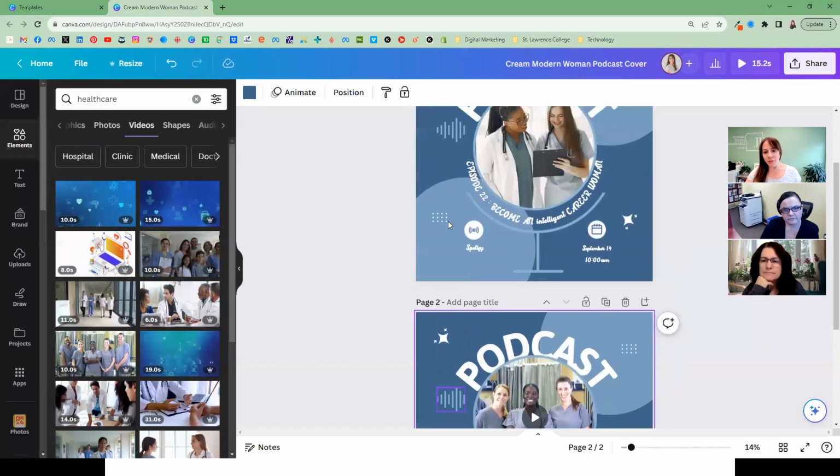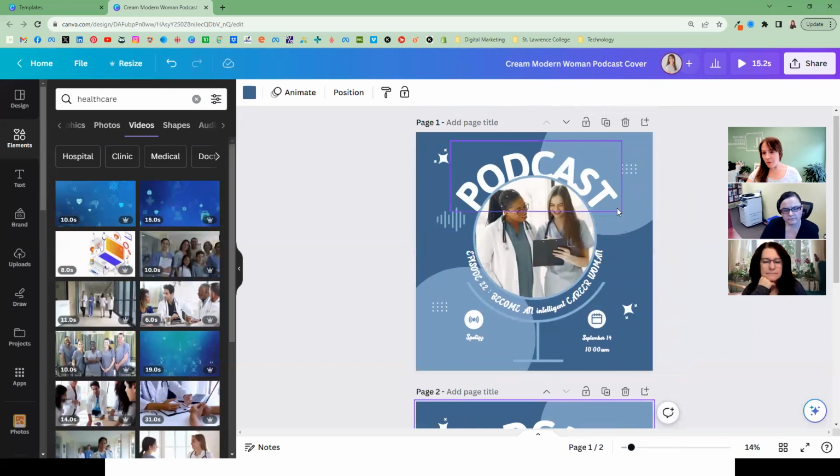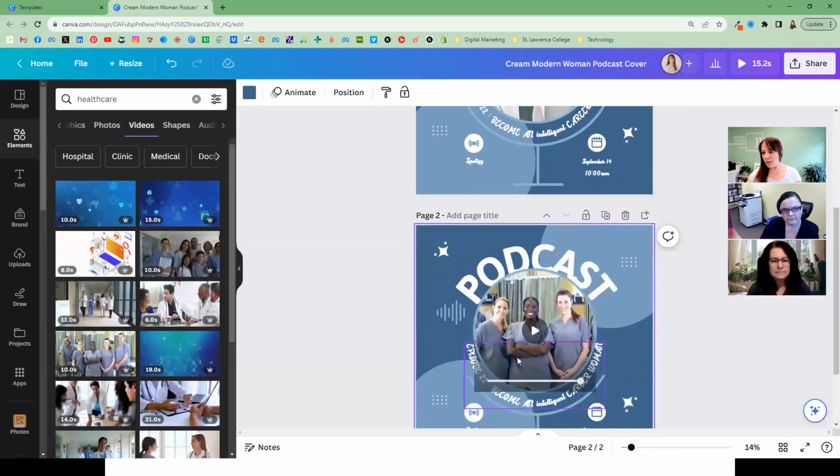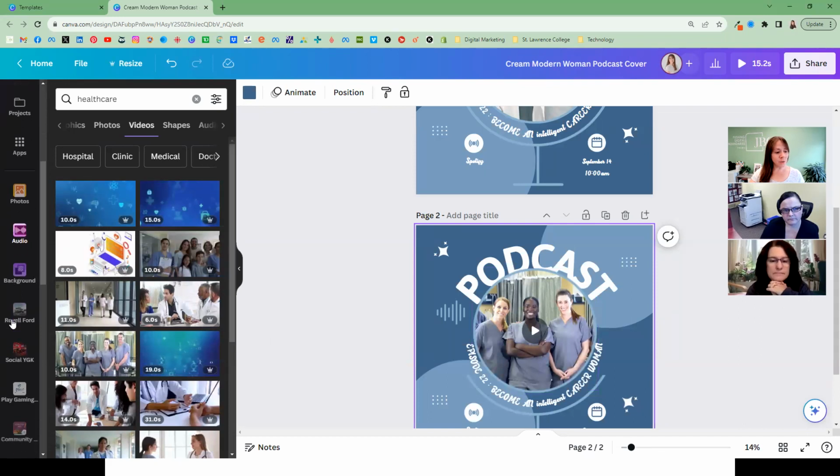So this is kind of two different options for adding animation. So it could be text, or it could be a video here. Yes, you can add audio. So the next thing that you could do,